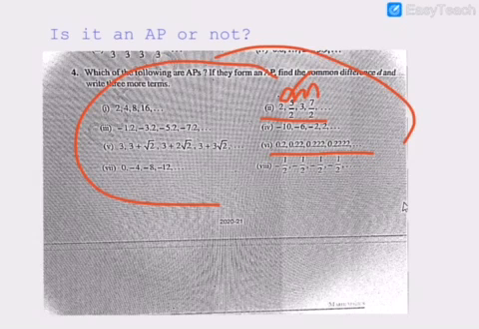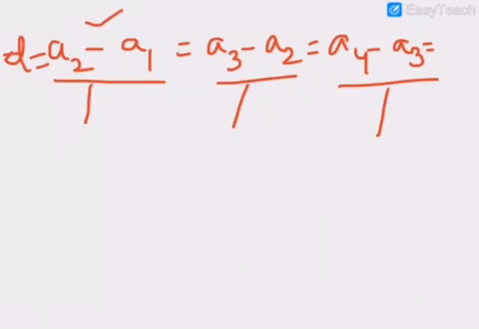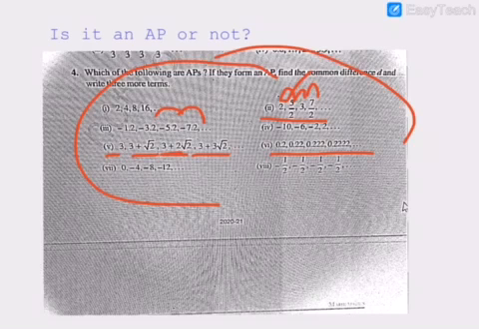Minus 3 by 2, minus of minus 1 plus 1.2. So what happens, 3.2 plus 1.2, 3.2 minus 1.2, 2. Similarly here 2, here 2, everywhere the difference is 2 only, so it is an arithmetic progression. Similarly here, 3 plus root 2 minus 3, root 2; 3 plus 2 root 2 minus 3 plus root 2, root 2; 3 plus 3 root 2 minus 3 plus 2 root 2, root 2. So everywhere when you are doing a2 minus a1, a3 minus a2 and a4 minus a3, you are getting the same value, so you call it an arithmetic progression.